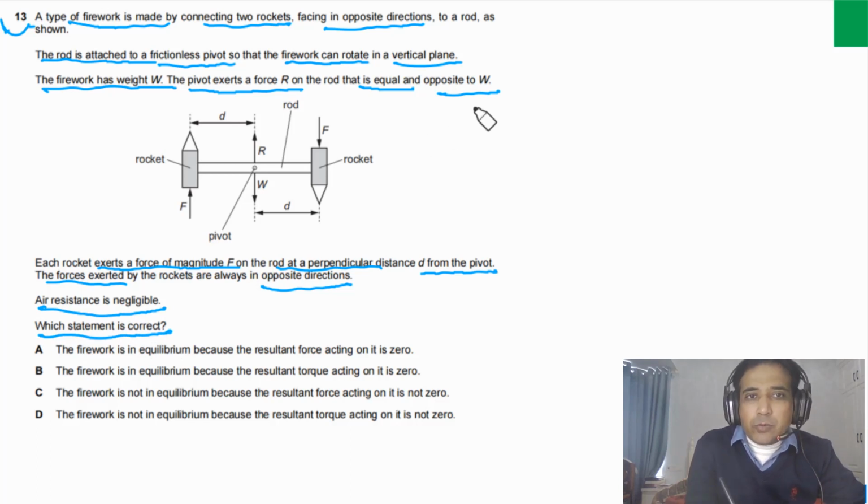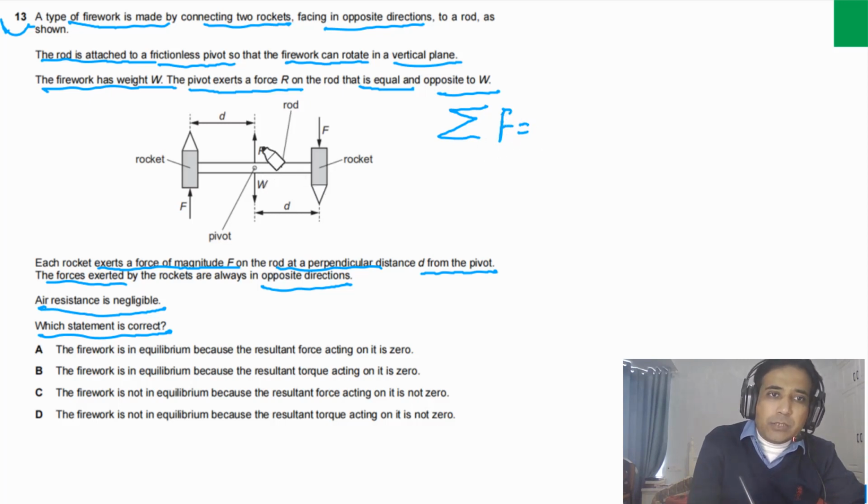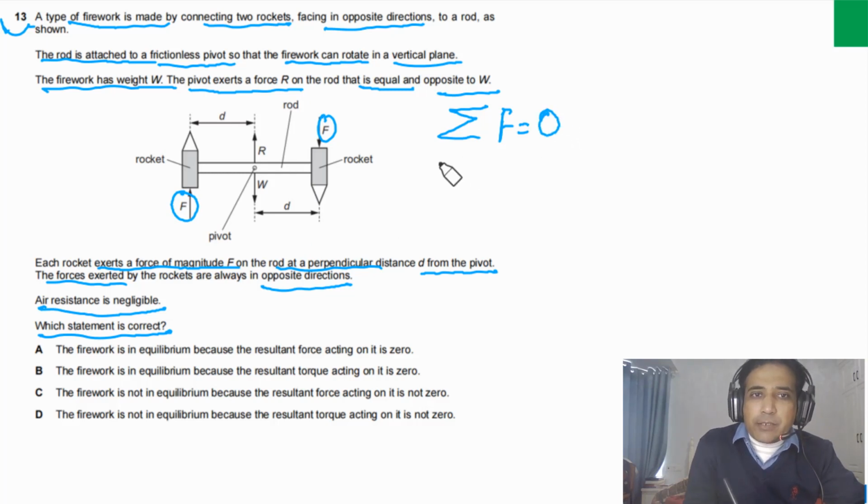So first of all, if you look at the forces, I mean the sum of the forces acting on this firework, you can see these two forces are equal and opposite, and this force is equal and opposite to this one. So it simply means that the resultant force is equal to 0. Now if you look at the resultant moment,